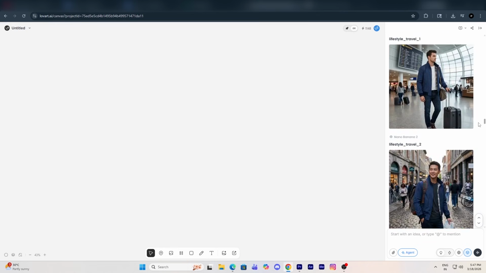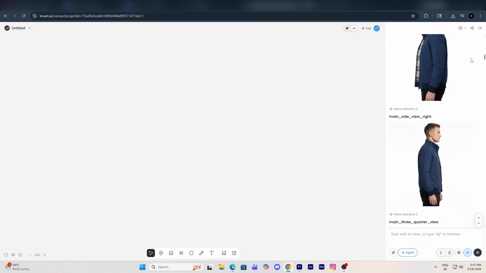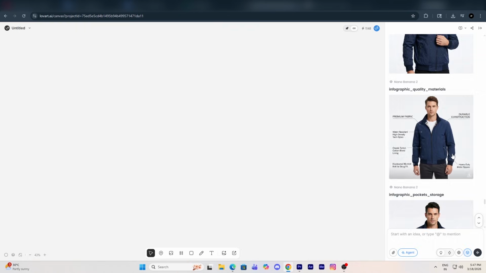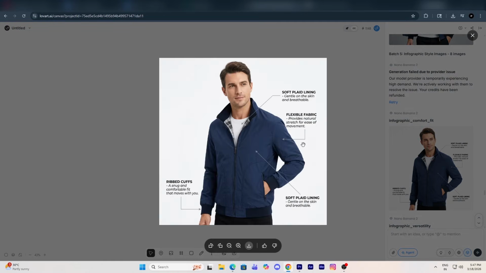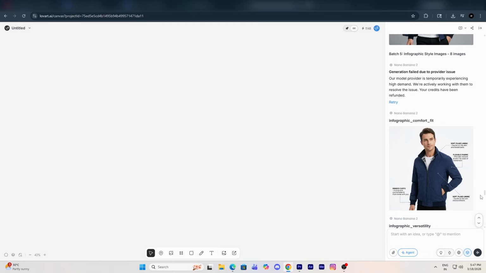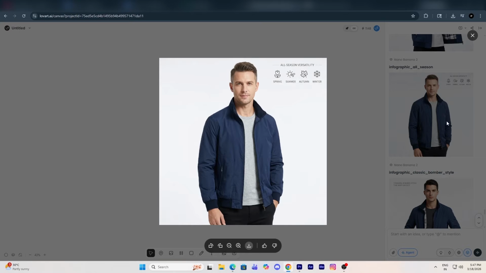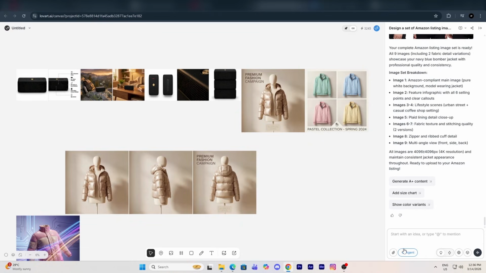Now let me quickly scroll through them. As you can see, we now have multiple variations instantly, which makes it much faster to select the best design instead of generating images one by one. The quality is really impressive, and you can see that it has even added small product details and text elements automatically. If you want to change anything, text, colors, layout, or features, you can easily modify it by using Text Editor or Edit Elements. I'll show you how to use these features at the end of the video. For now, let's generate another image.